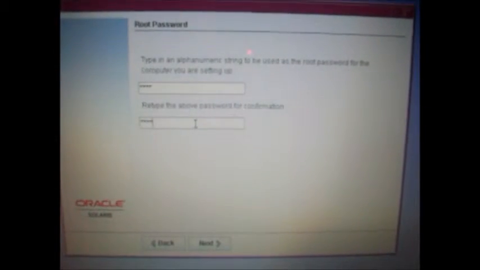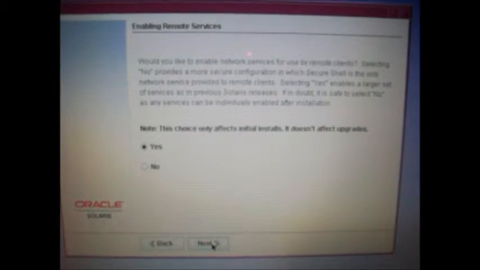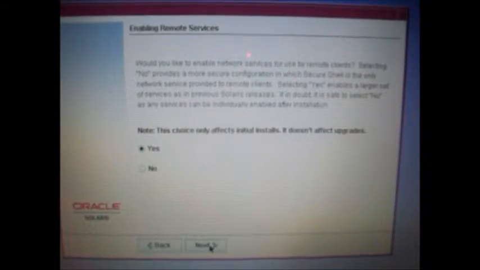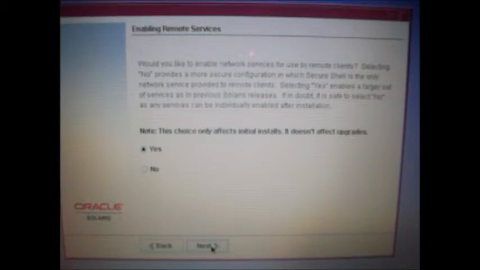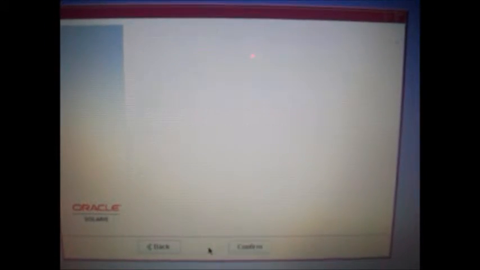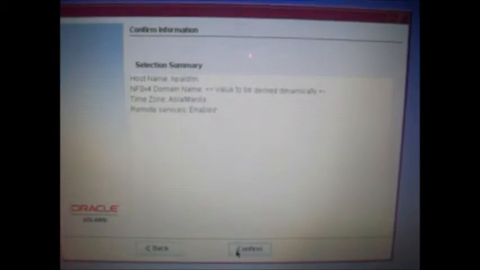Okay, and then click next. After that, a note: this choice only affects initial install. It doesn't affect upgrades. I think yes. Click next and click confirm.